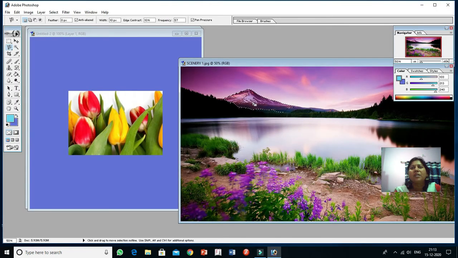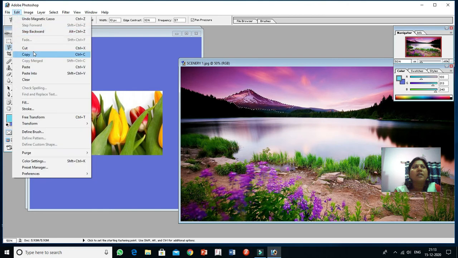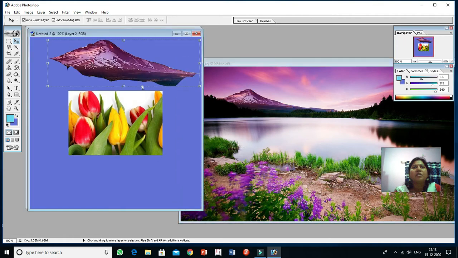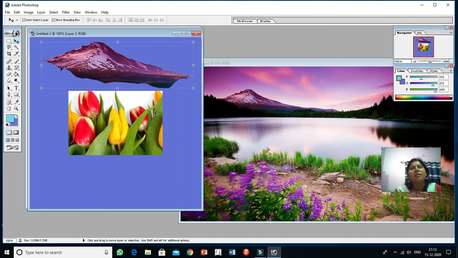Okay, this one is selected. Now click on Edit, you can cut it, otherwise you can select the move tool. Click on the move tool. Now simply drag and paste it on your new file.